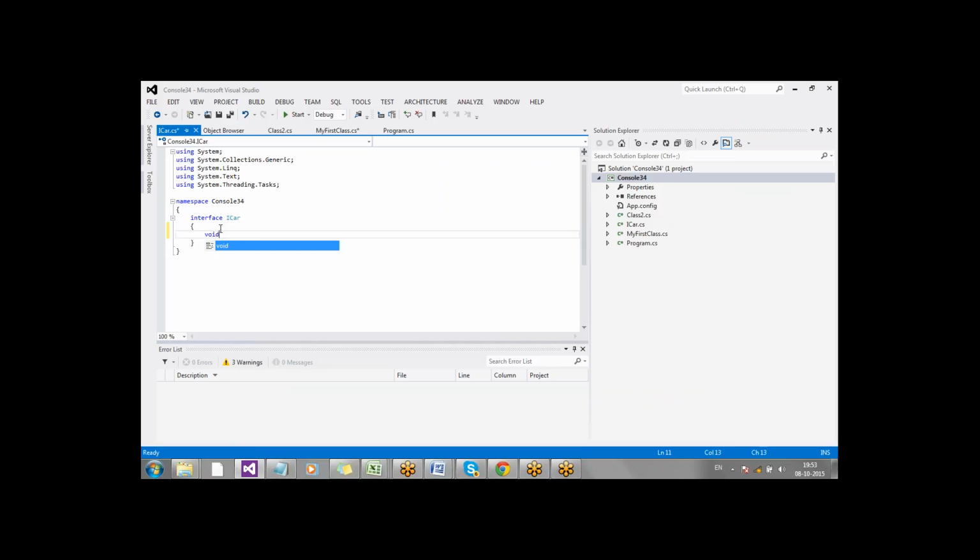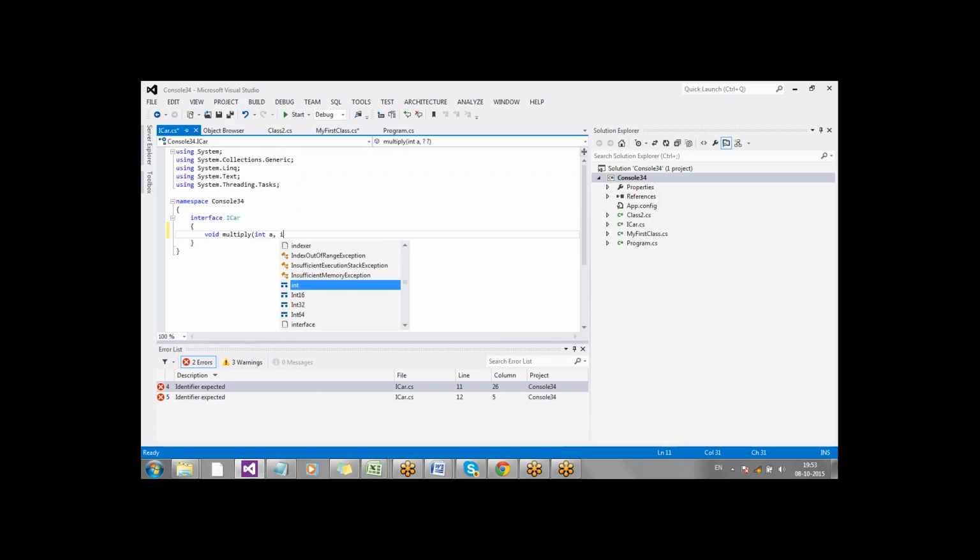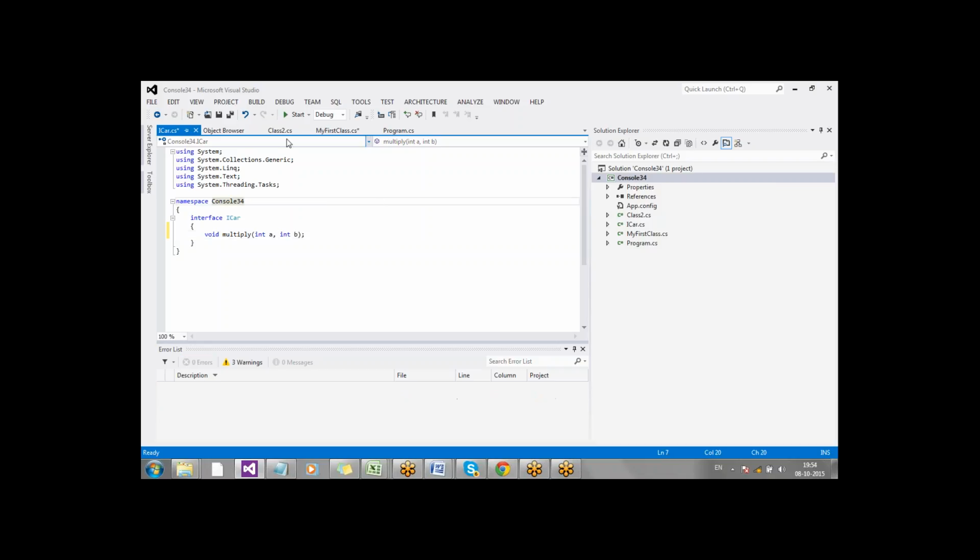And I'll create a method called multiply of int a, int b. Understood?